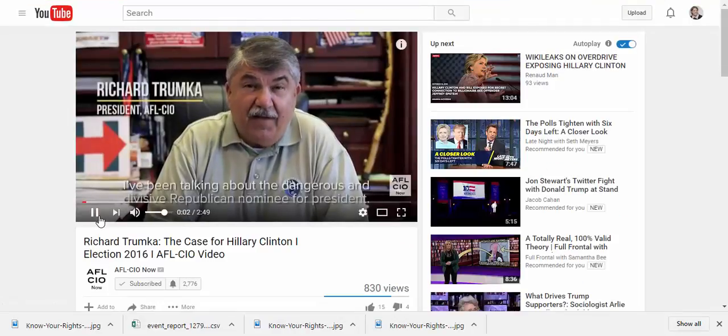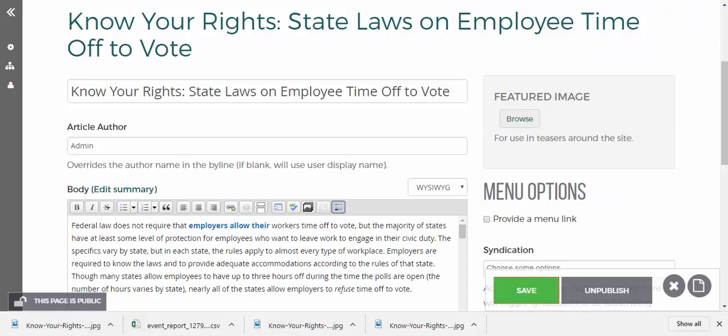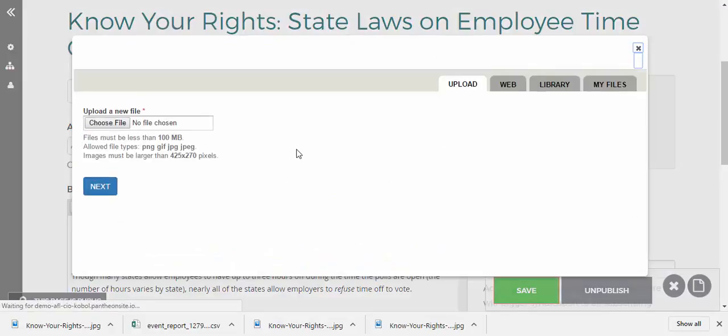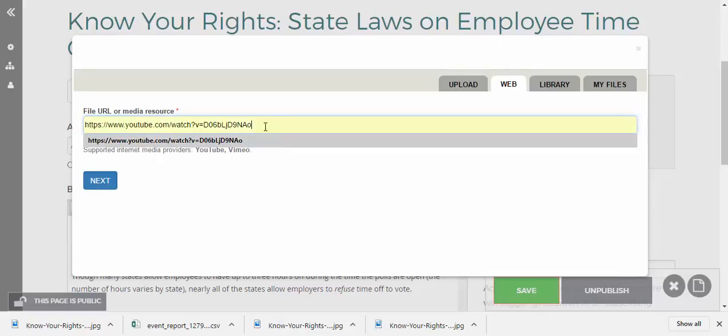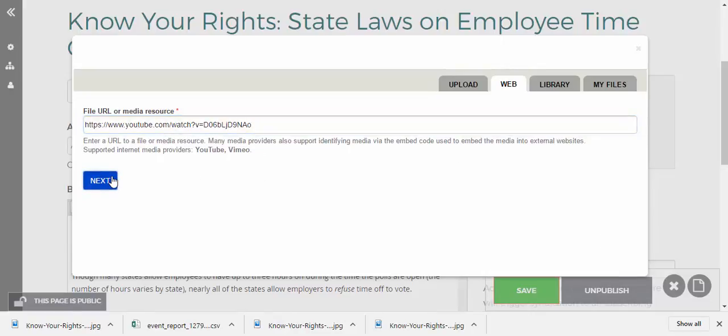Grab Trumka here. All you have to do, and you may not be able to see me doing this because my mouse is a little bit above the video recording, but I'm just copying the URL. That's all I'm doing. I'm just copying the URL, and I'm going to bring it back. And now I'm going to browse for a feature image, and instead of uploading one using this option, I'm going to come over here and click on web. So when I click on web, now I can just paste that URL that I copied and click next